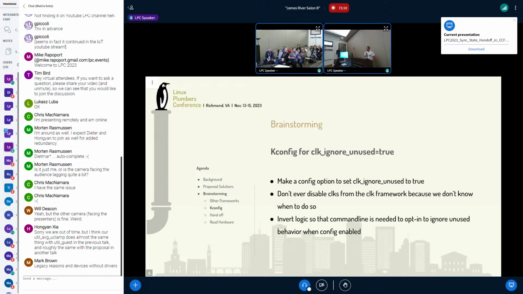Sure. I think a lot of people's problems are that they don't want disabling unused clocks at all. And that's what people keep approaching the mailing list with, saying, I don't want to do this. How do I not do it? What about the people who do want to disable unused clocks and it works fine for them right now? Right. Who are they? Just you. Who are you? What company? So what I'm experienced with is the Allwinner platform, where we have clock drivers that cover all the clocks, and we haven't needed to use clock ignore unused in a decade because everything is fully modeled.